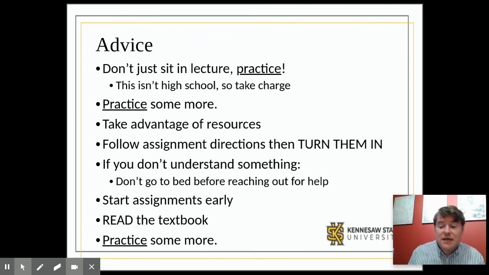I'm going to explain it. It's going to sound perfectly reasonable when I explain it. Then you're going to sit down and try to code it, and you're going to have all kinds of problems, and you're going to say, I hate this. That's normal. How do you get past that? You keep going and you keep trying.